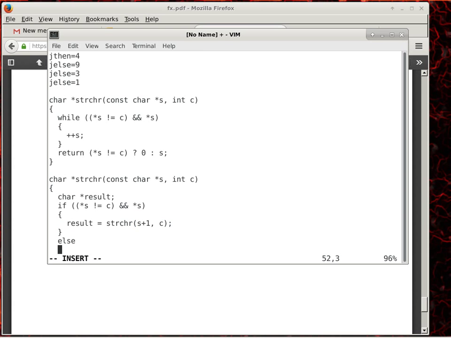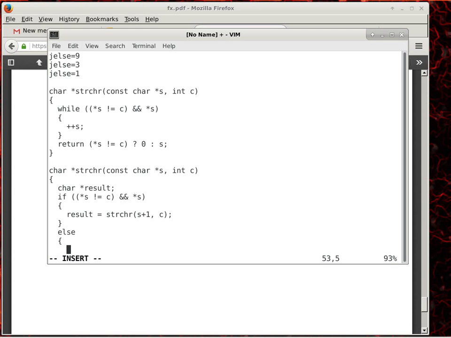Now, what about the else part here? Now, the else part is a little bit tricky because there can be two ways to get to the else part. The first one is when the character pointed to by s is the same as the character that we're looking for. And then the second one is that is not the case, but we are at the end of the